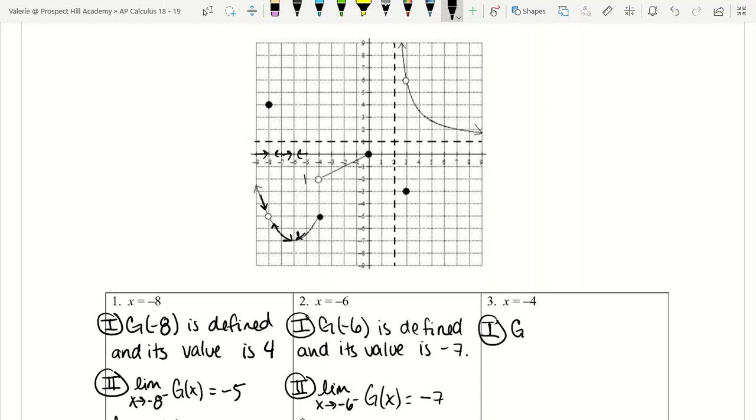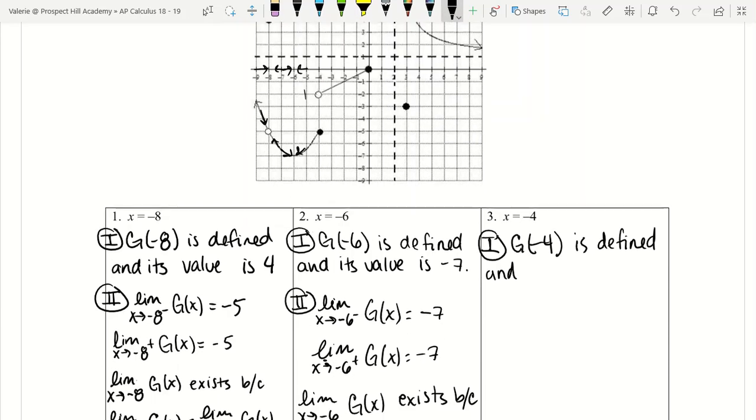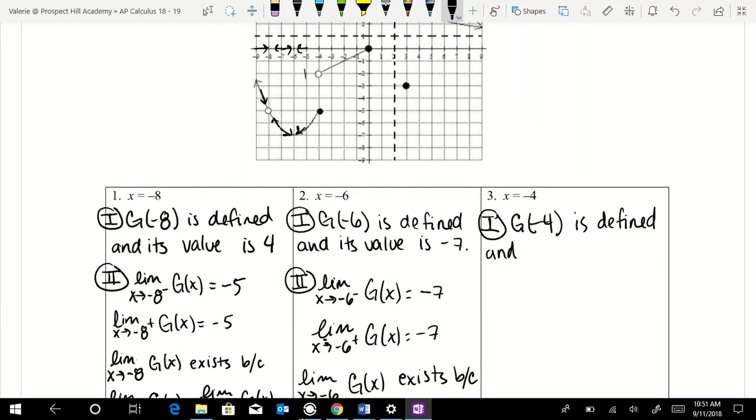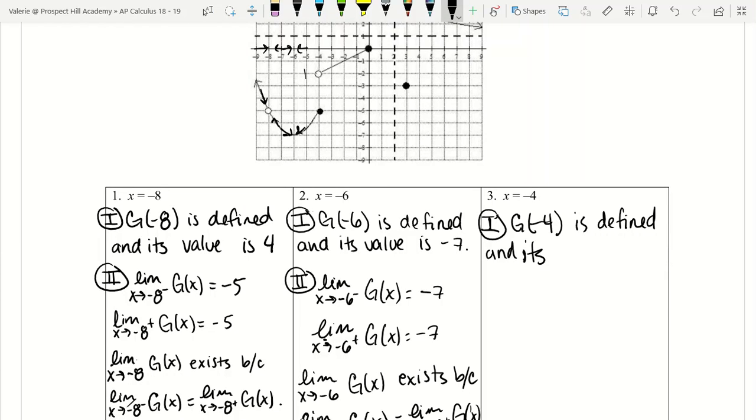So g of negative 4 exists, so it is defined, and its value is